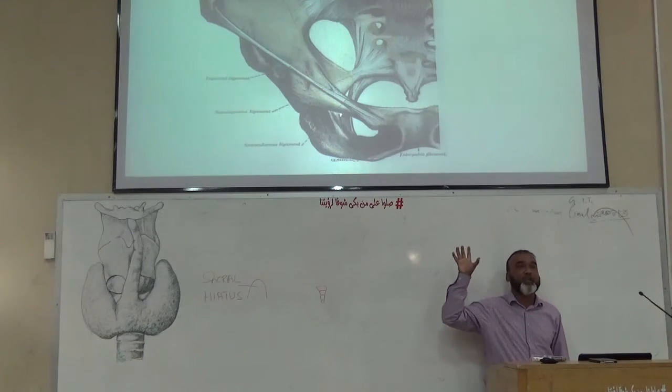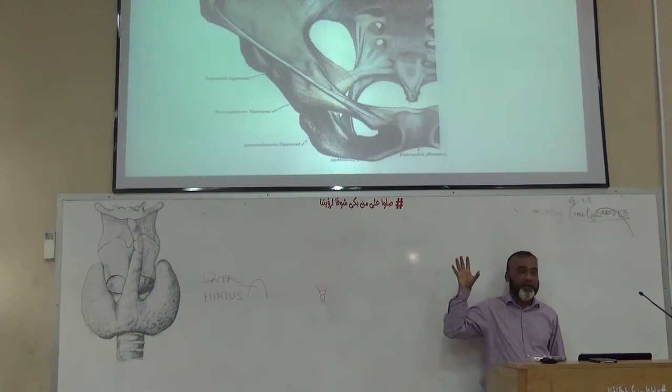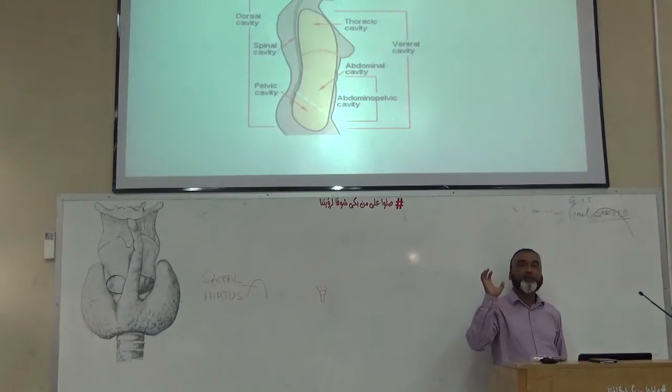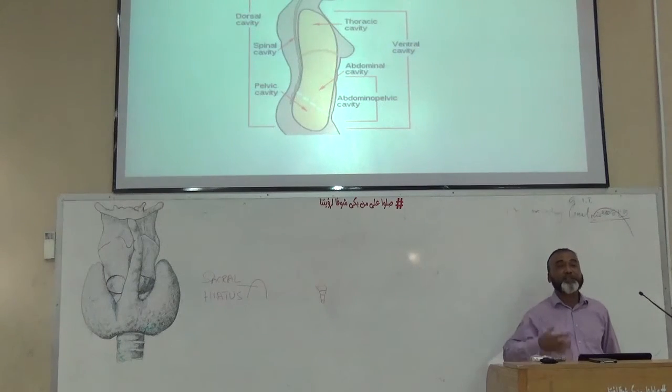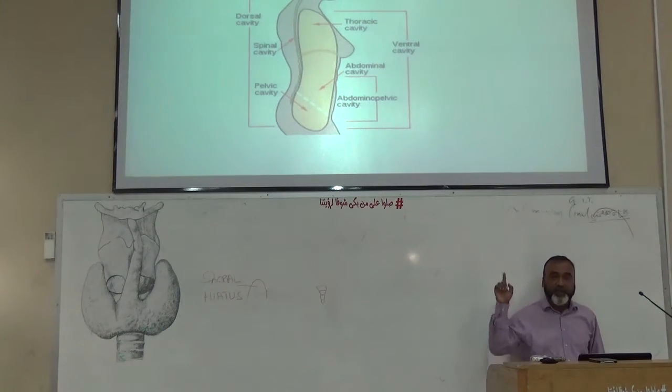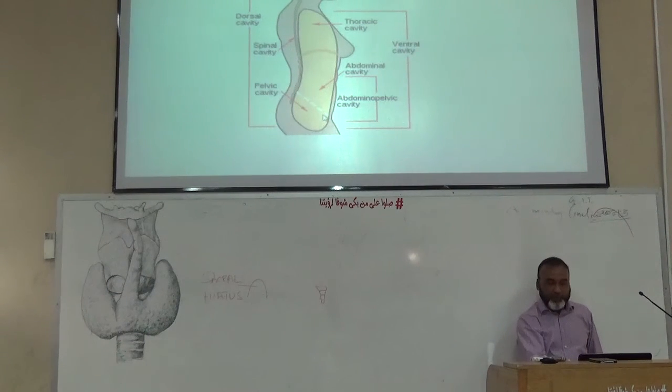This diagram again shows the same regions, that is the formation of the greater sciatic foramen and the lesser sciatic foramen over here, and the half part of the pelvic cavity. This diagram shows you, as I showed you, the false pelvis is the lower part of the abdominal cavity. That's why it is also named the abdominopelvic cavity. Okay, abdominopelvic cavity. This interrupted line is the inlet line, and below this we have the pelvic cavity. Okay.